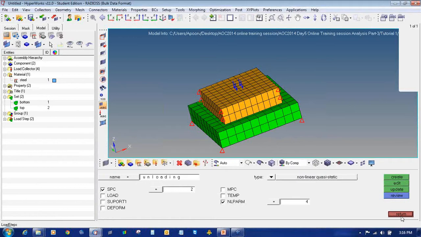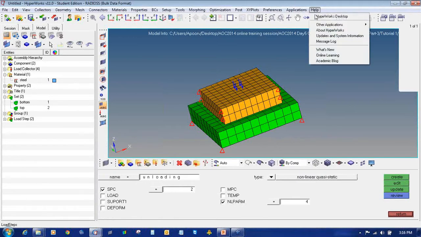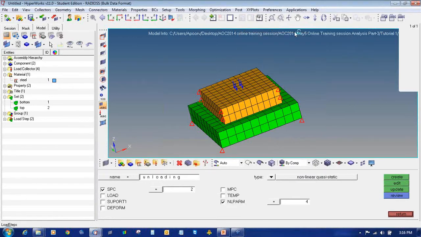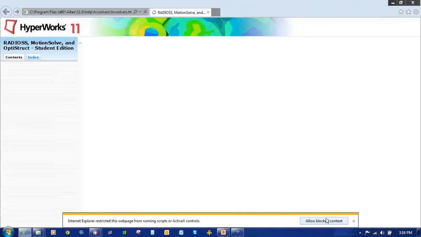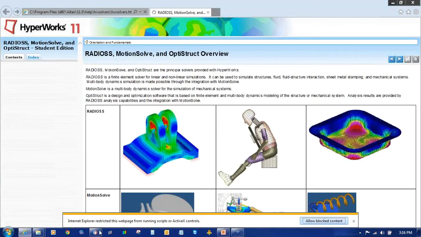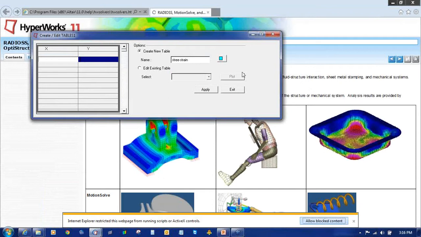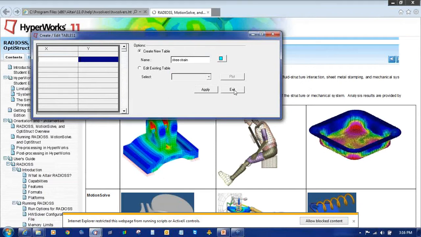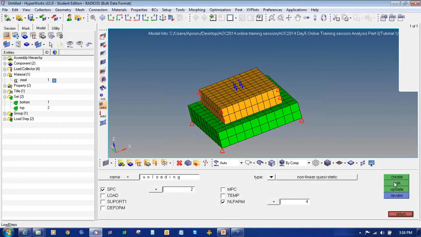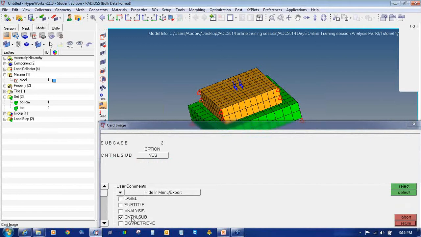Sometimes you may wonder why these things are there, or why we are checking these things and not the others. So I will show you from where you can see this. If I again go to edit, you can see it's CNTNL sub.